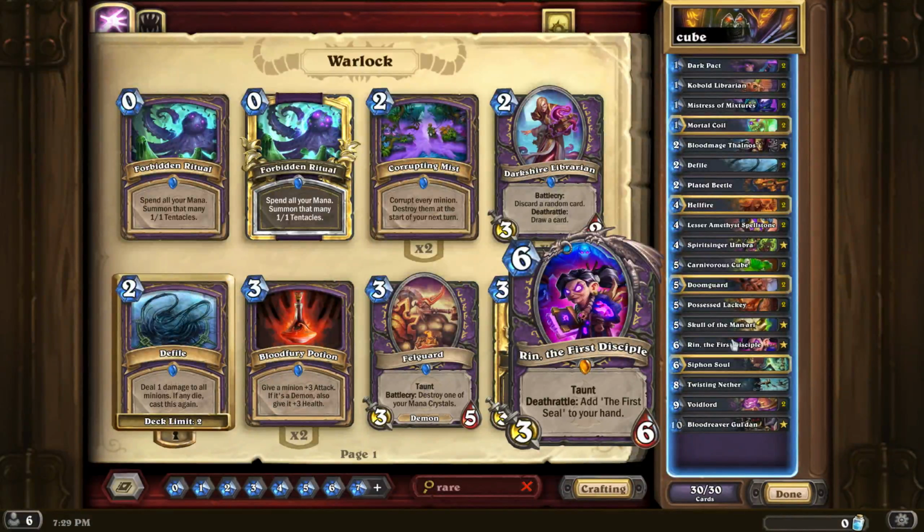This is Ren. This is another legendary from this expansion. And let me tell you, man, I don't know. I'm not sure about this card, but if you can manage, this guy plays. When this guy dies, you get a seal. You play that seal. All seals are 5 mana. You play this guy, 5 mana. You get a seal. The first seal, 5 mana. You get a second seal, 5 mana. You get a third seal, 5 mana. Fourth seal, 5 mana. Fifth seal, 5 mana. After the fifth seal, you summon